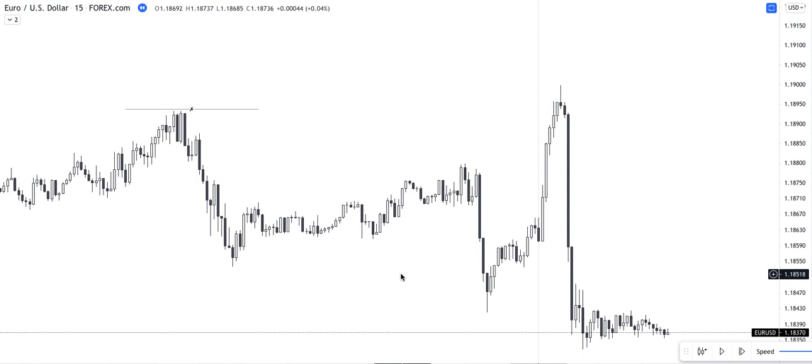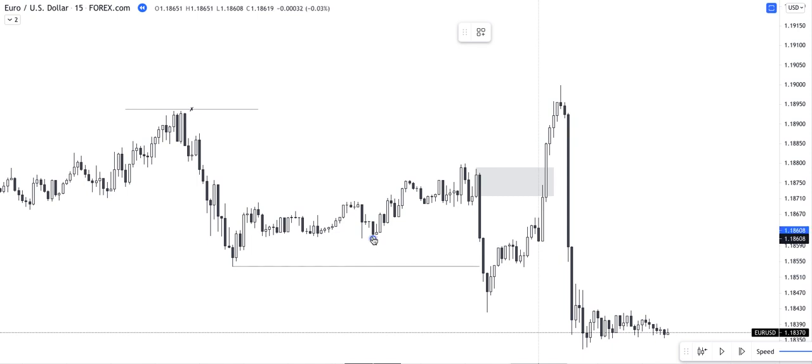What usually happens at NFP week, we see price really confusing the players. We're taking liquidity on both sides of the playing field. So there we have sell stops, sell side liquidity. We've taken that out. And then we start to consolidate. Now I need to ask myself, where's the buy side liquidity? You could at first anticipate this order block to get respected, because obviously we had a push down, we had